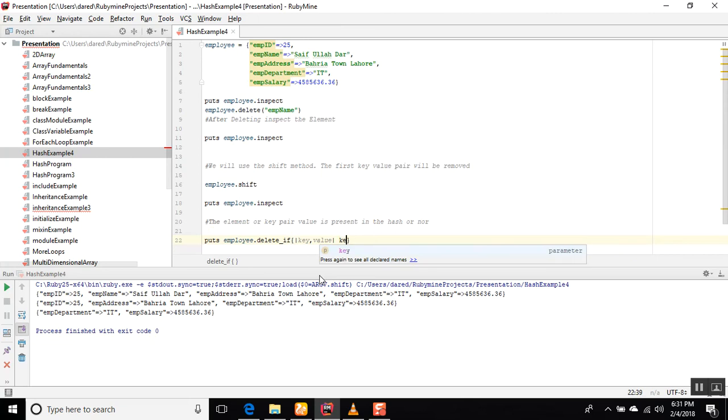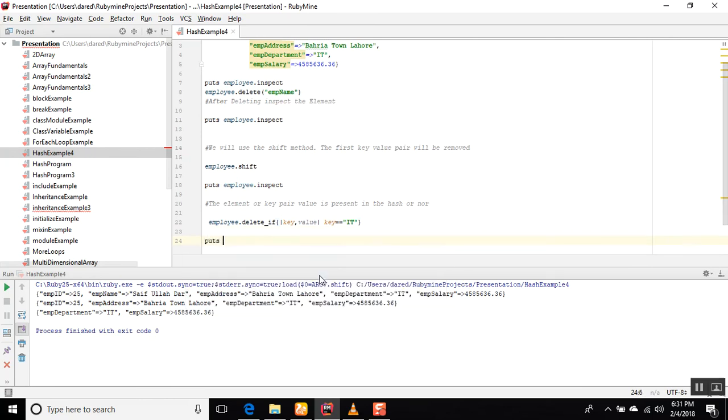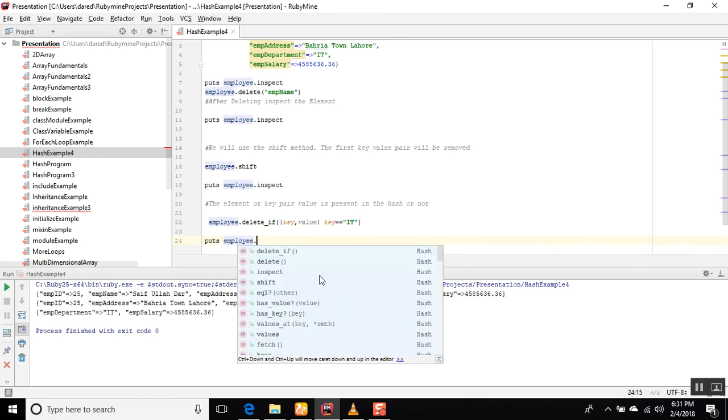So we will provide the key, for example the one I want to delete here, and after that I will once again inspect the element, employee dot